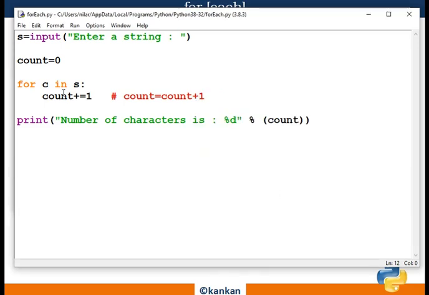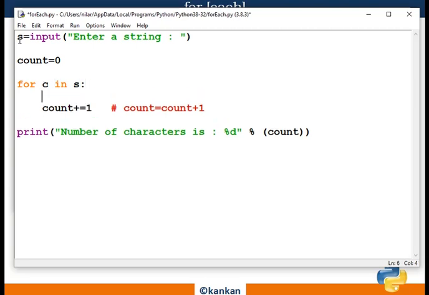This is our previous code. In this code I have already counted the number of characters in a string. Now what I have to do? I need to exclude the white space value. So I would like to count it when it is not white space.